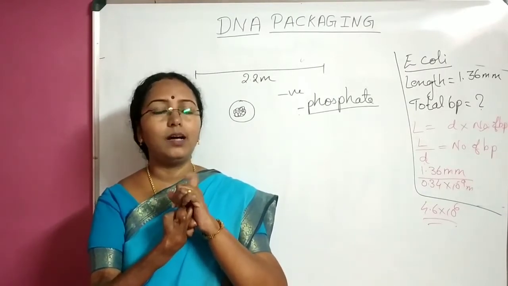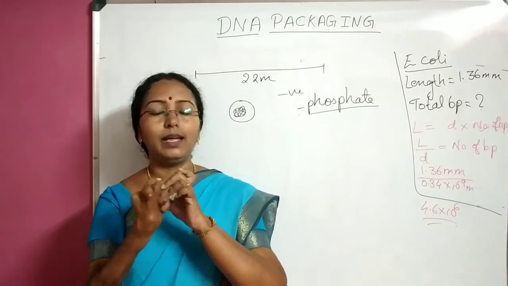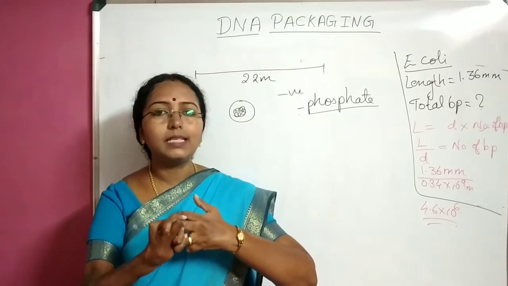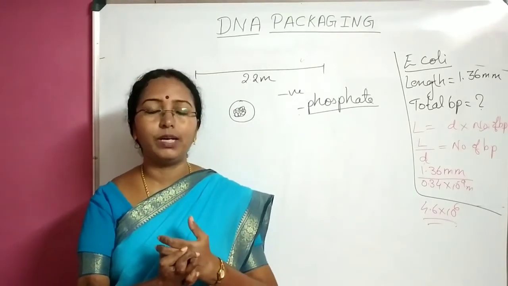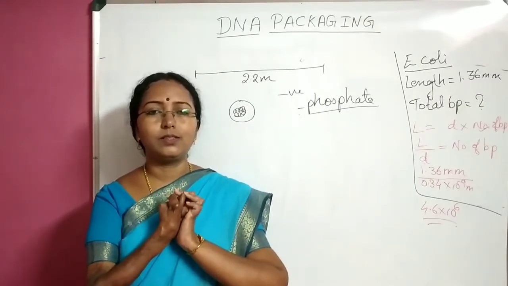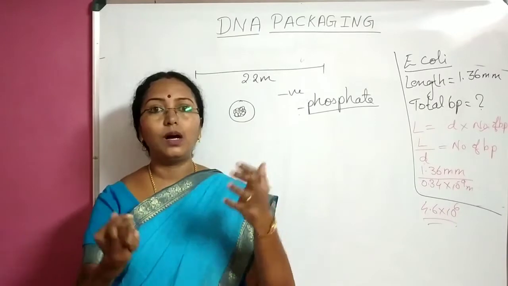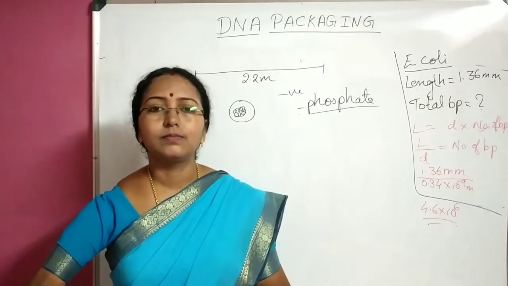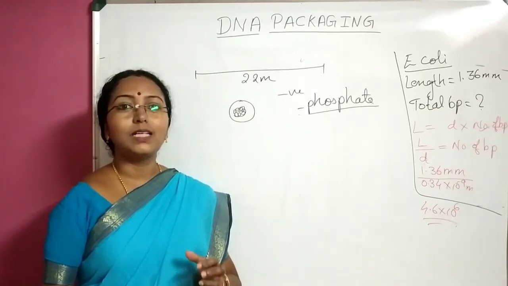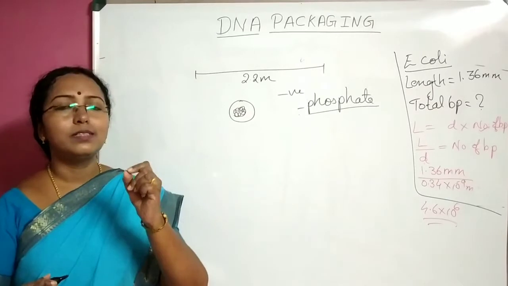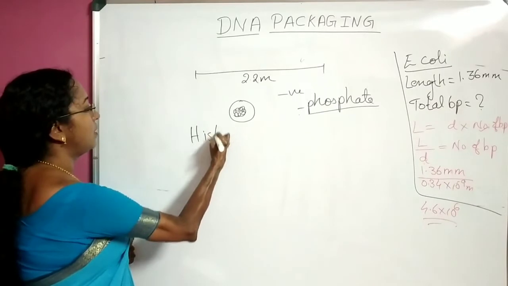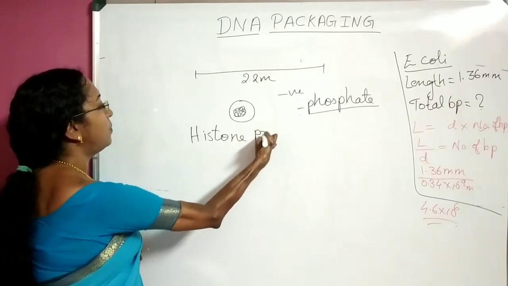But then there is another phase of DNA packaging that we are going to learn, which makes these negative charges neutral, or rather dilutes those negative charges and that repulsion. How is that done? How are these negative charges diluted? It's all because of the play of a special kind of proteins. You should all know the names of those proteins. They are called histone proteins.